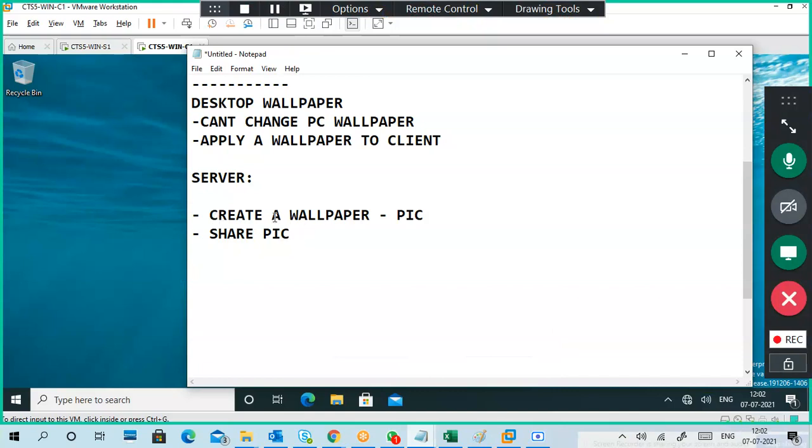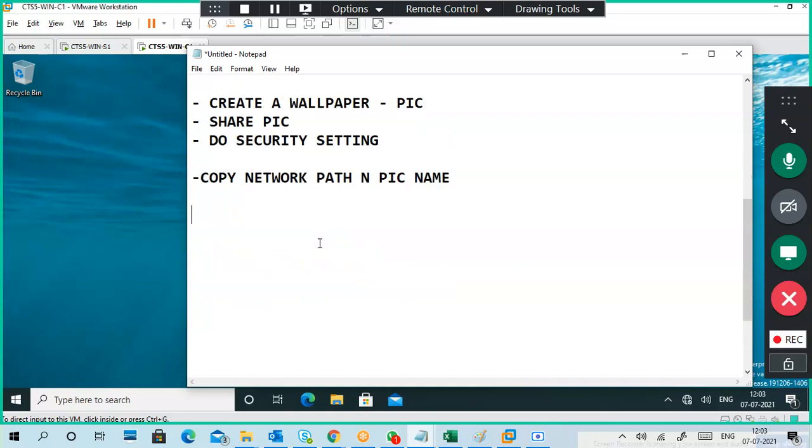Okay, so I created a wallpaper, a picture, and I shared the picture, and I gave the complete network path. Okay, here's the PC and do security settings. I made security settings also. Then copy the network path and picture name also.